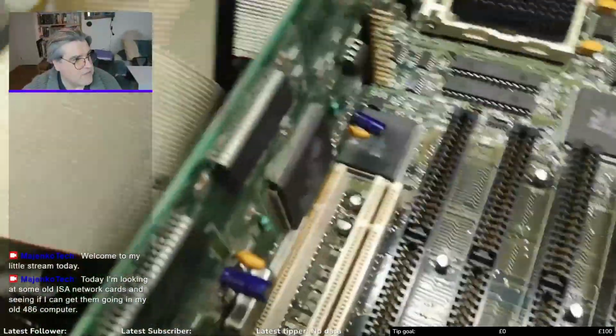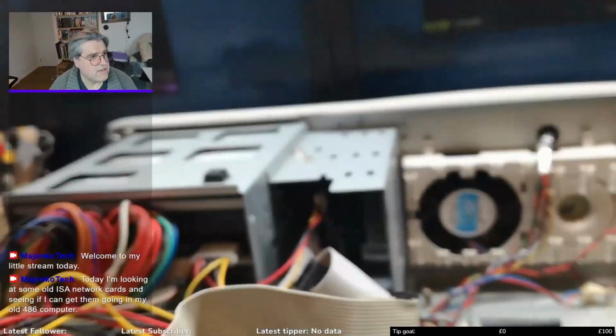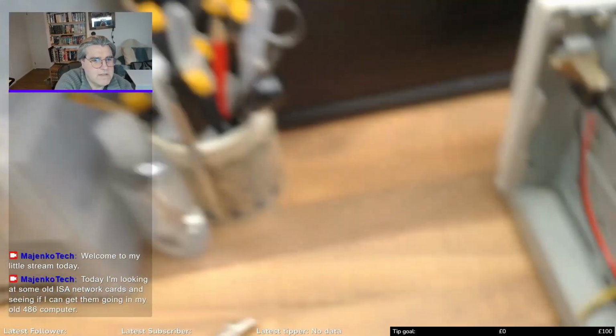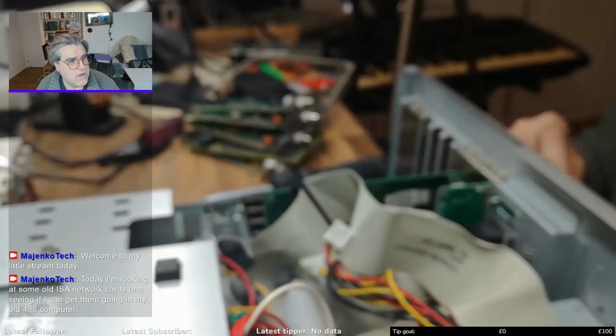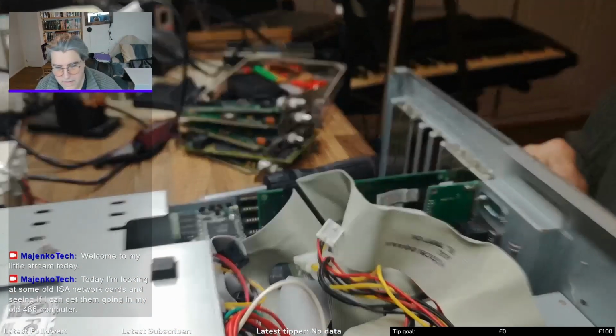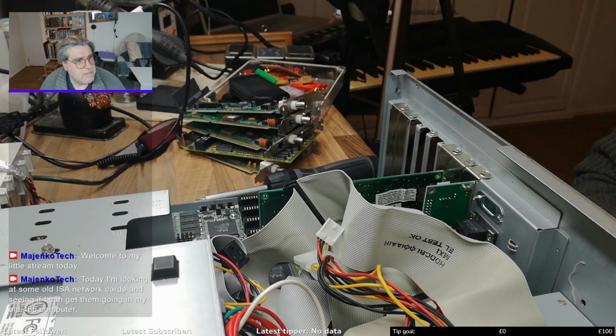It's an Intel motherboard in here. It's not my favourite motherboard. It's got a Phoenix BIOS in it, which has a rather serious bug in that it can't detect and work with any hard drives bigger than about 3.6 gigabytes,